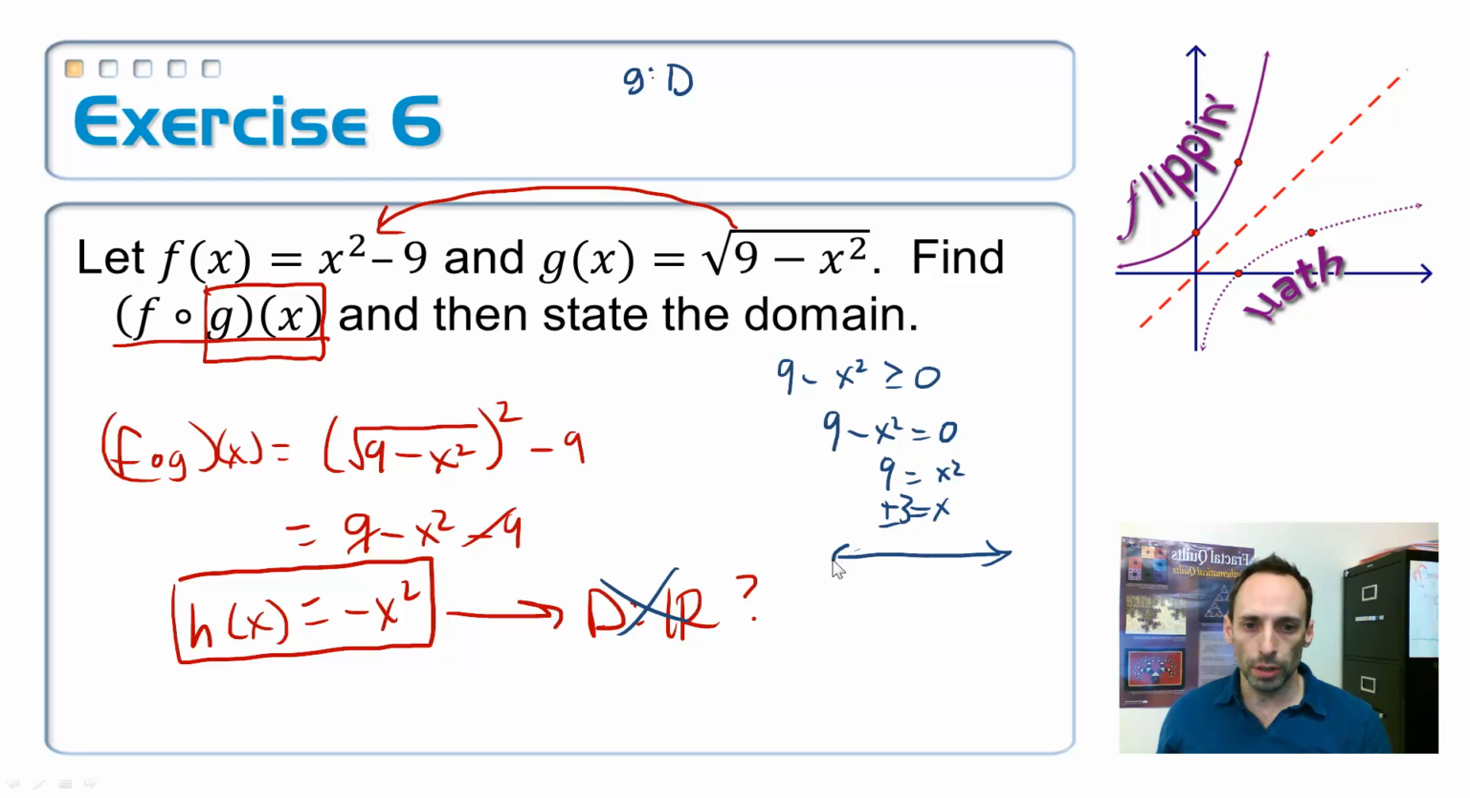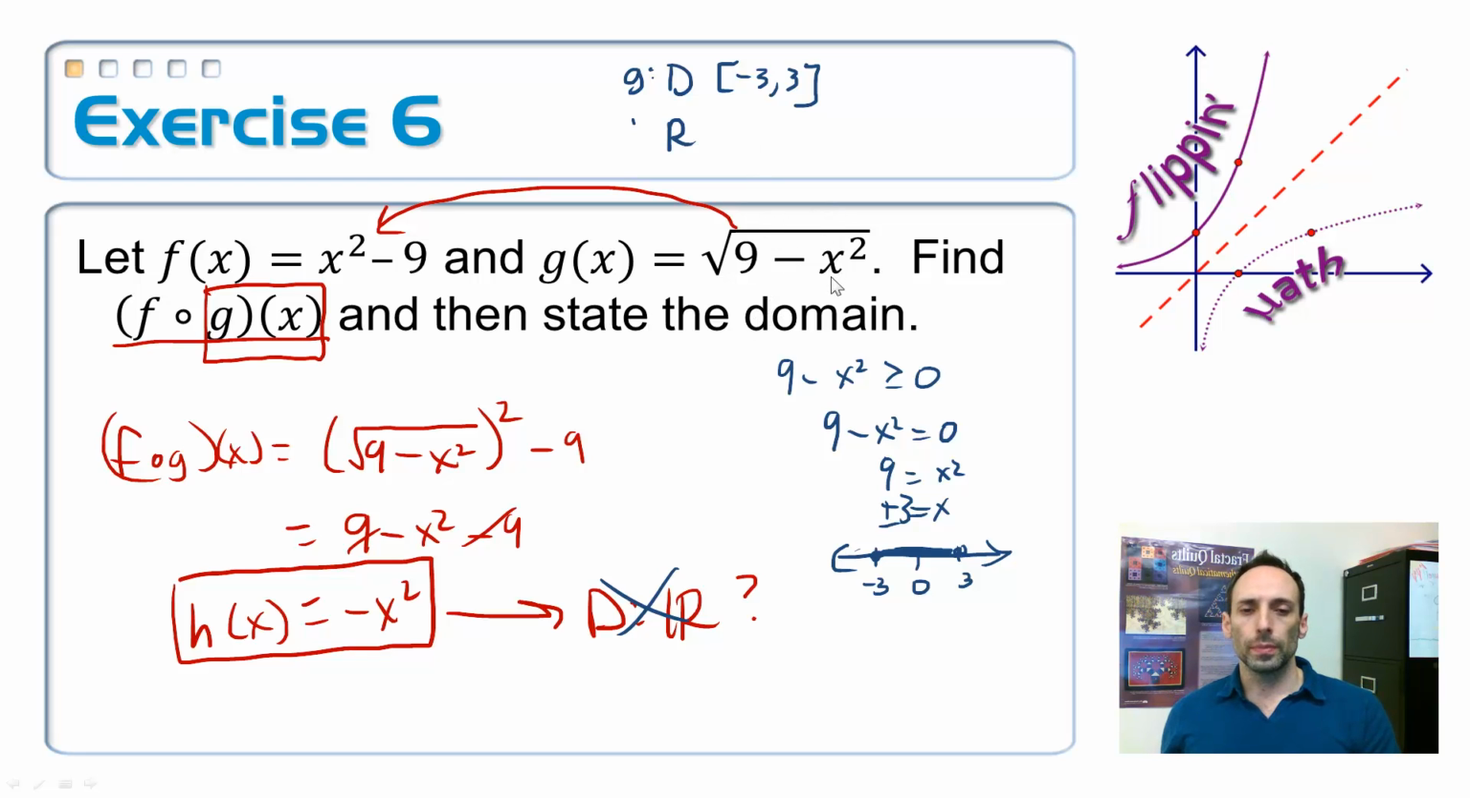And that goes on a number line. So I have 0, 3, and negative 3, and they get colored in. Now which thing works in there? Does 0 work? If I put 0 in there, 9 minus 0 squared, that does work. It gives me real numbers, so it's everything in between negative 3 and 3. Okay. For its range,